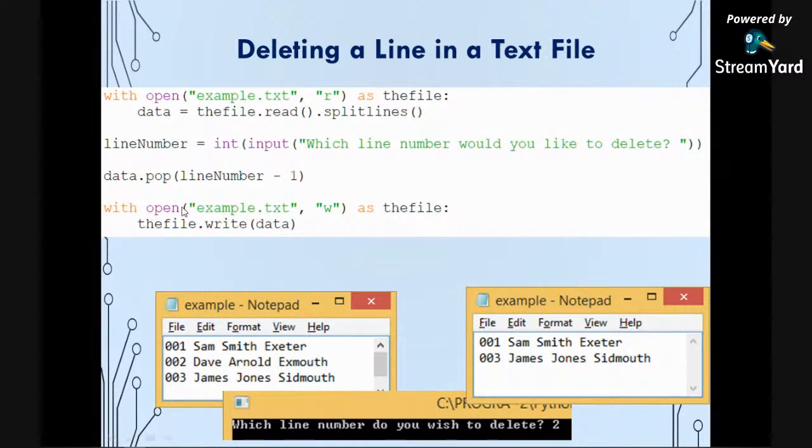Okay, and then we are writing our data back into the file. Okay, now I can show you a different way of creating your file. Let me just find the